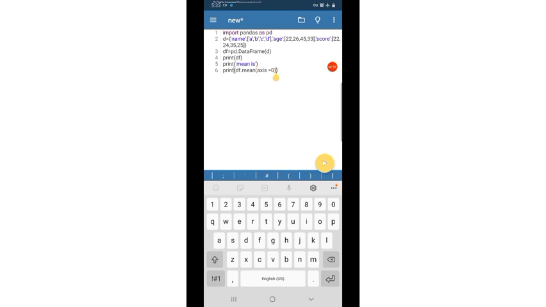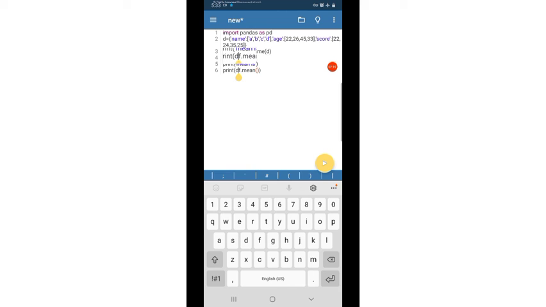Now if we want to find the mean of a particular column, inside the mean function there is no need of giving any parameters.